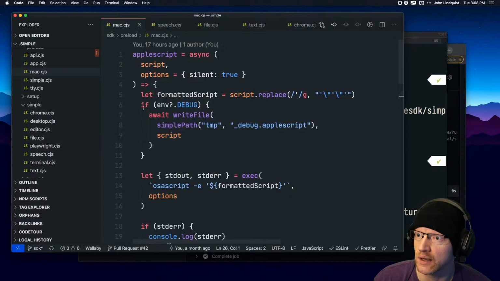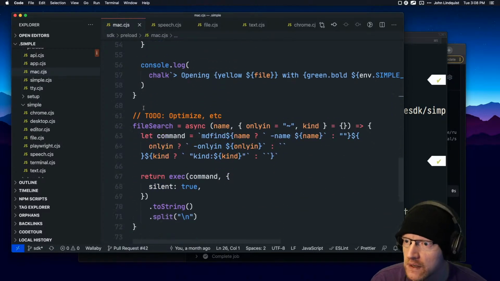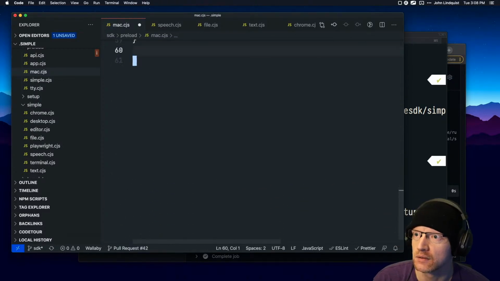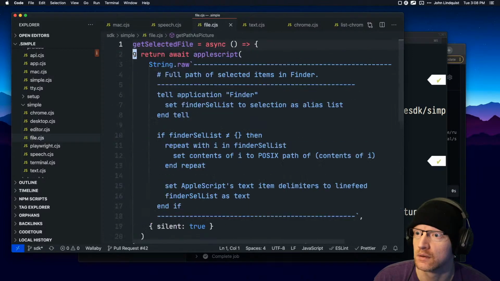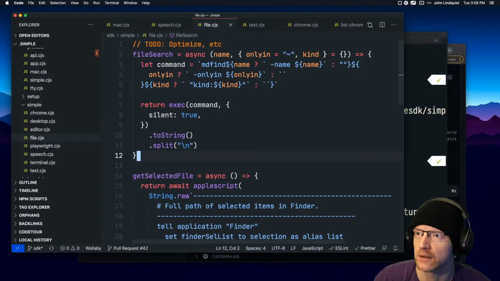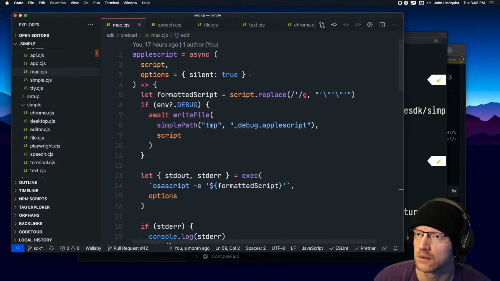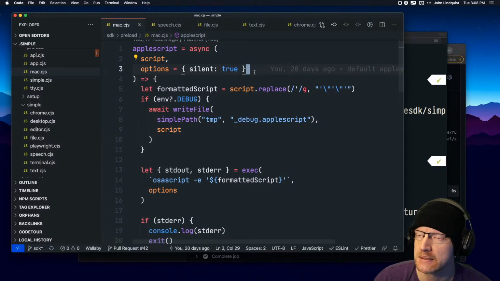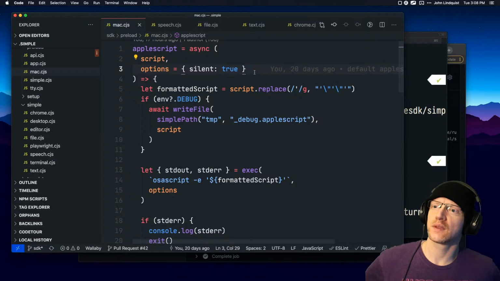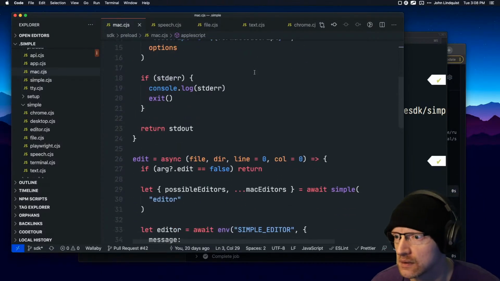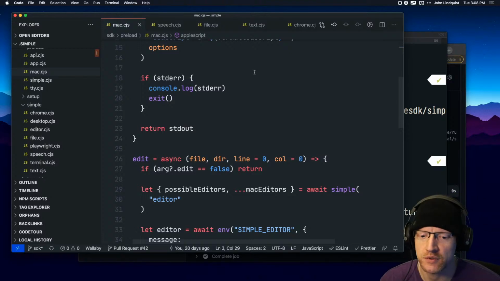Let's see, and then edit and AppleScript. Those are good. Those are used a lot. File search should be in file. Add that there. Let's see. So now we have AppleScript and edit,